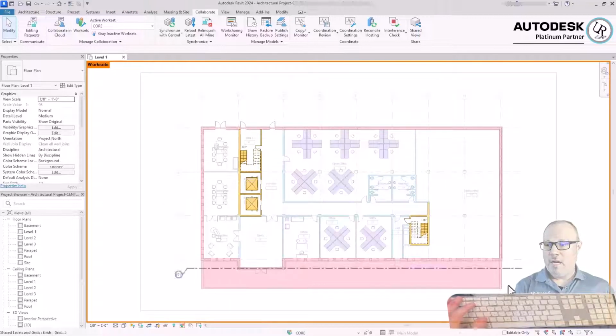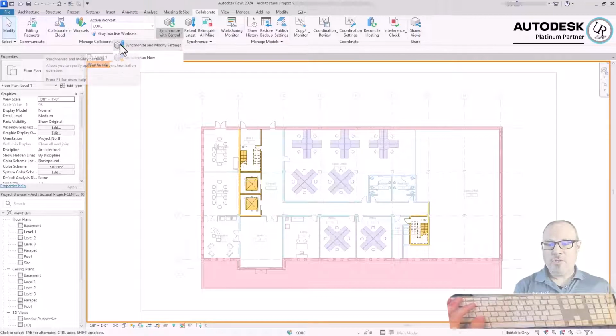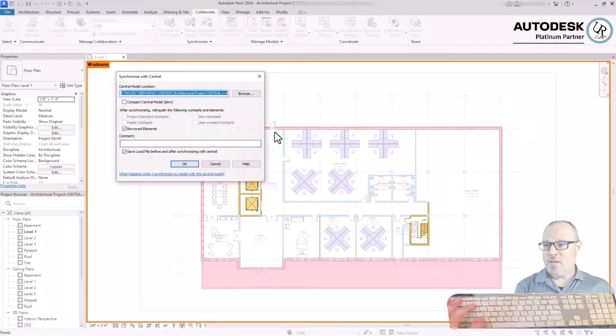Now, any of the content that I've just modified, my user still owns that information, so I have to go back to Collaborate. Under the Synchronize panel, choose Synchronize and Modify with Central. Choose Synchronize and Modify Settings. I highly recommend that you use this option to synchronize and modify settings each time that you synchronize, so that you see this dialog box allowing you to check any of the boxes that are available,